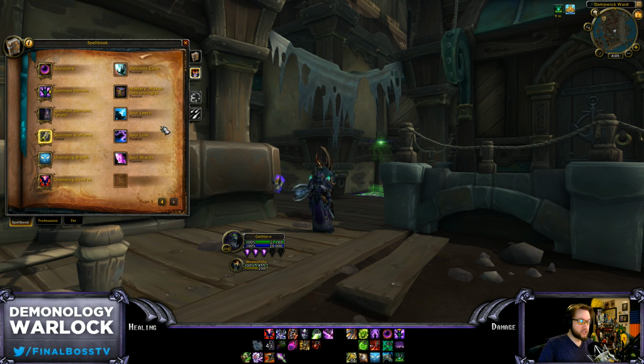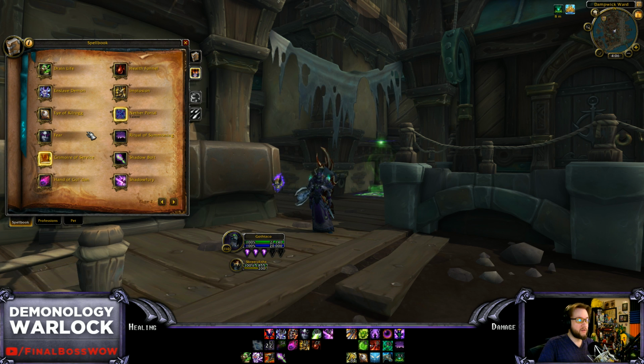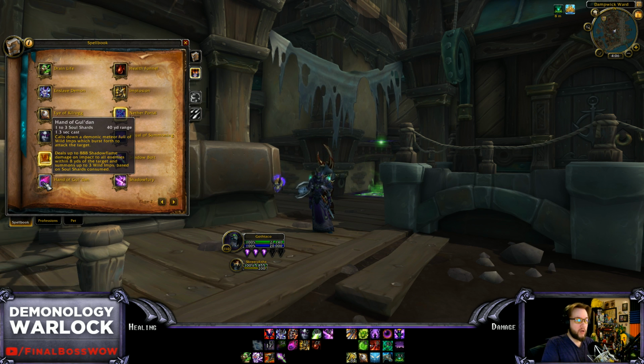So your Dreadstalkers, for example, your core ability here, which, don't get me started on this terrible, terrible tooltip. Your Dreadstalkers last 12 seconds base on a 20-second cooldown now, so they will add 15 seconds to them, depending on when you snapshot the extra duration. So they'll go up to 27, 28 seconds. Your imps that are summoned through your Hand of Gul'dan. Hand of Gul'dan now is 1 to 3 soul shards for 1 to 3 imps. They last...